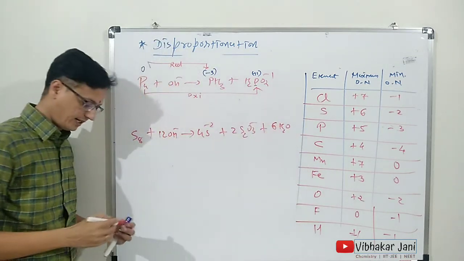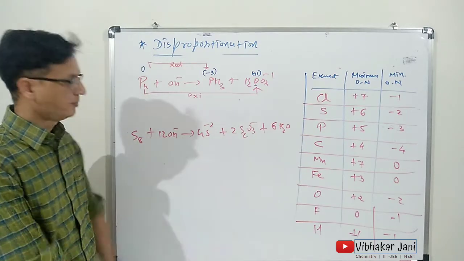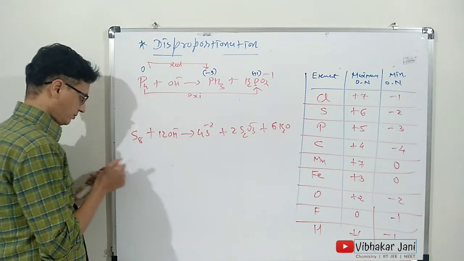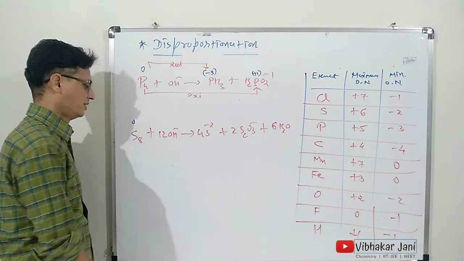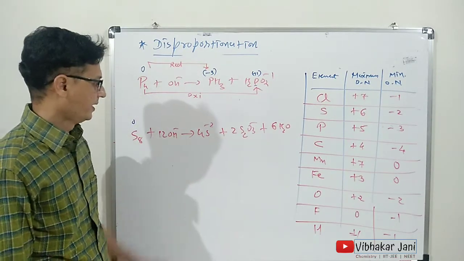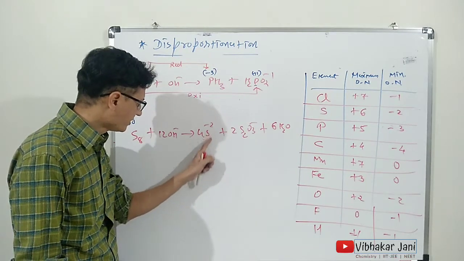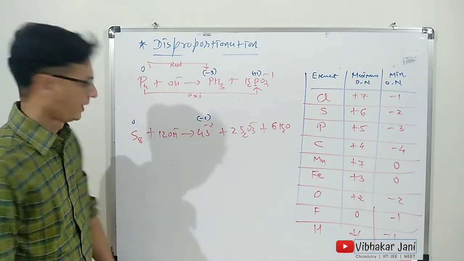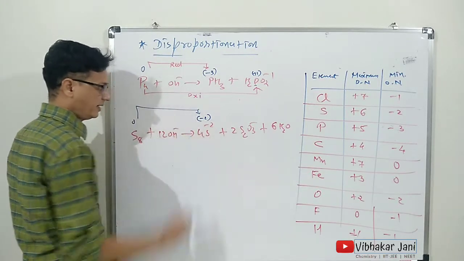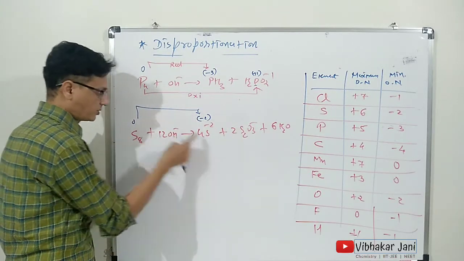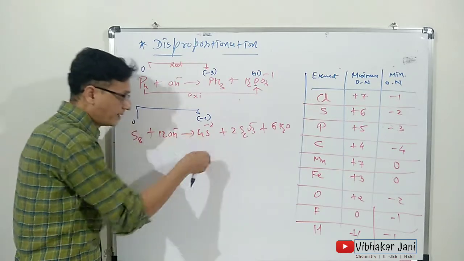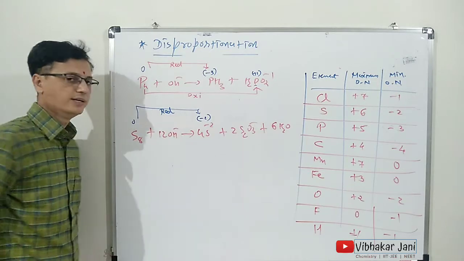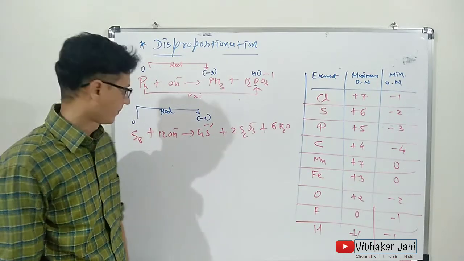6H2O. Now this is the reaction, and it is also an example of disproportionation. Let us take it out. Sulfur, which is a neutral molecule, has an oxidation state of 0. Here it is directly given as S minus 2, that is, this sulfur is in the minus 2 oxidation state. So we can clearly see that the oxidation state of sulfur is decreased from 0 to minus 2, that is, decreased by 2, and as it is decreased, it is said to be a reduction reaction.